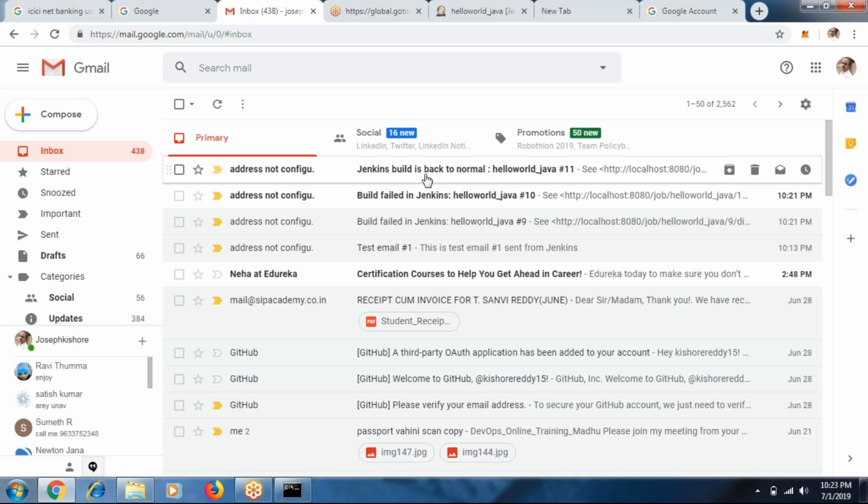It means from next time onwards, if the 12th job is also a success, the next time also it won't send the mail. The first time it becomes stable, you get a mail saying no need to worry, I am stable. That's the mail we got here again. However many failures come, that mail will come, and when it is stable also, that mail will come. Okay, click that.